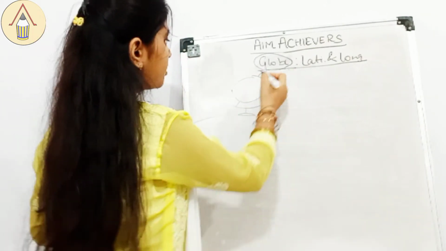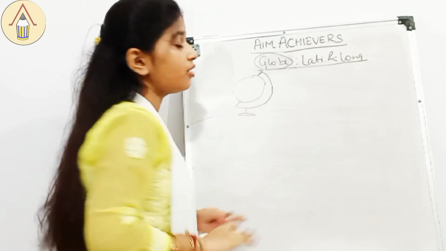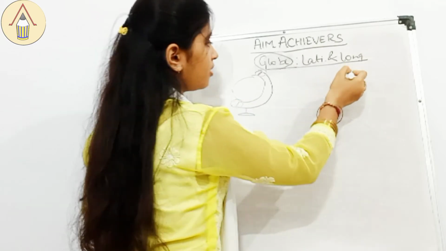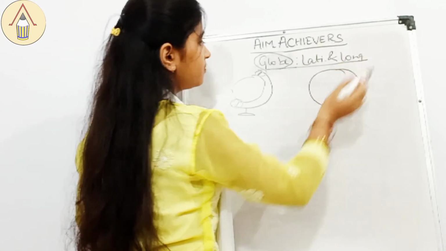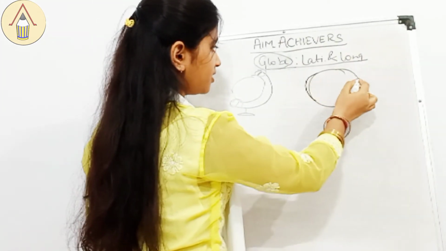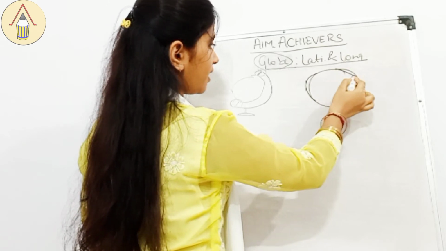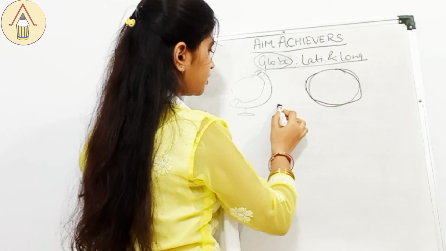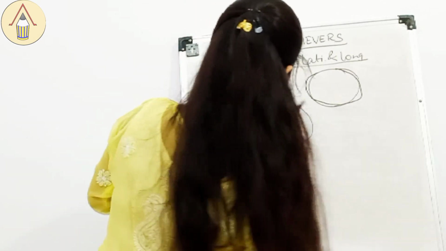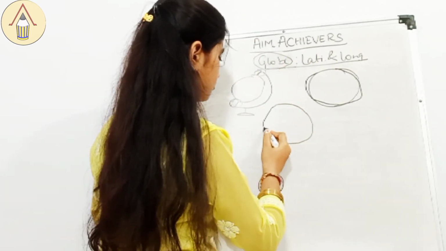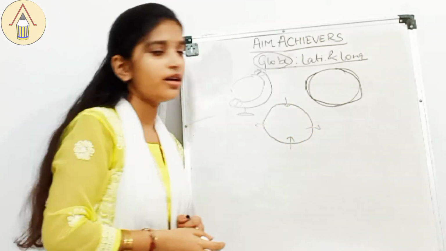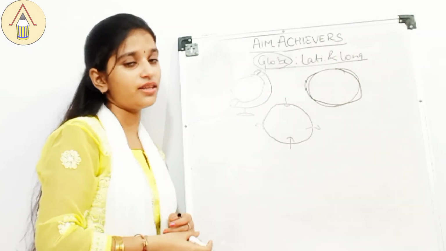So you must be thinking that why we use this, okay? So that the earth can rotate. Now comes the use of this. Earth, as you all know, is a sphere, but it is not a perfect sphere. It is slightly bulging at the equator and flattened at the poles. So earth is somewhat like this. Okay, bulging at the equator and flattened at the poles. It is because of Coriolis force. You will be studying in higher classes.